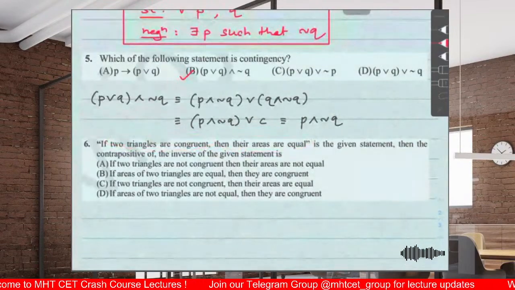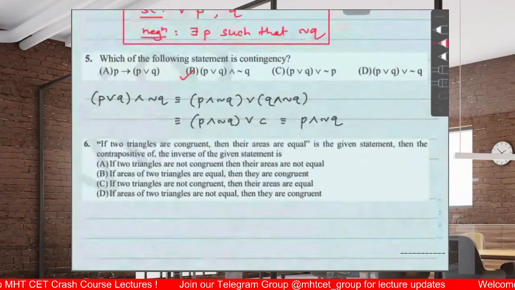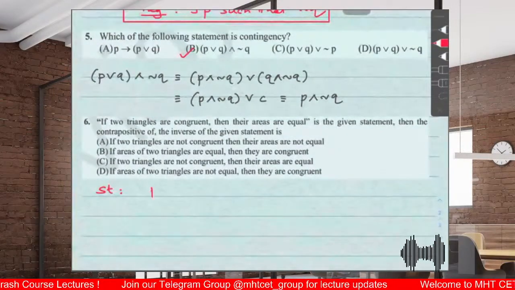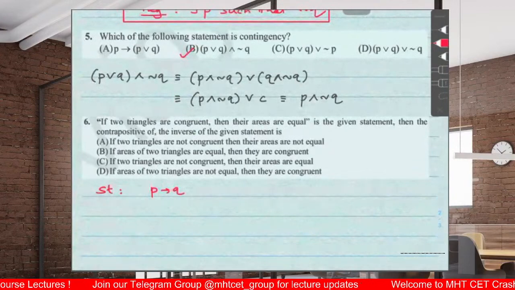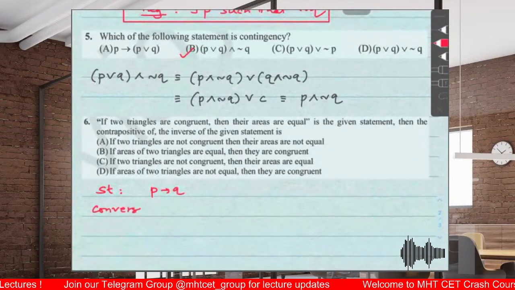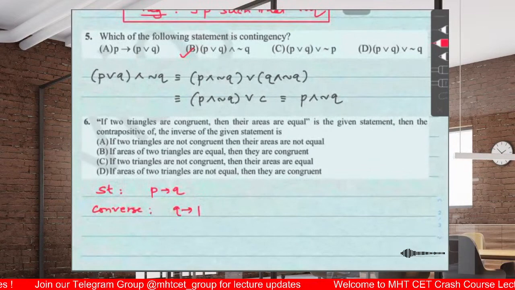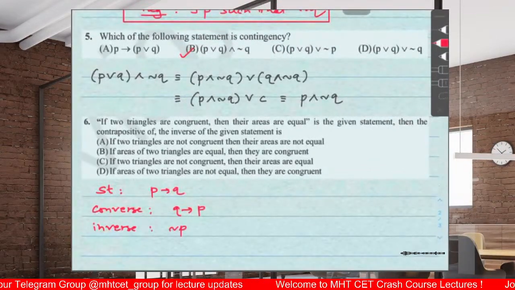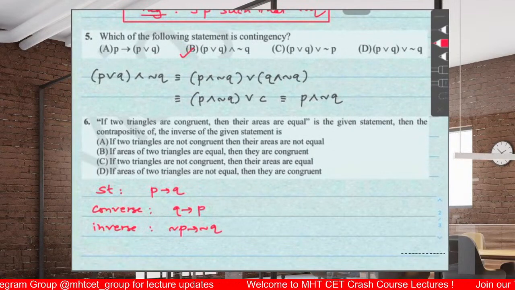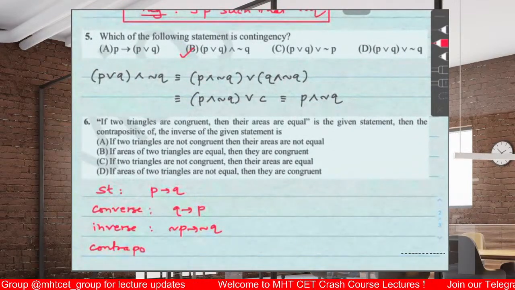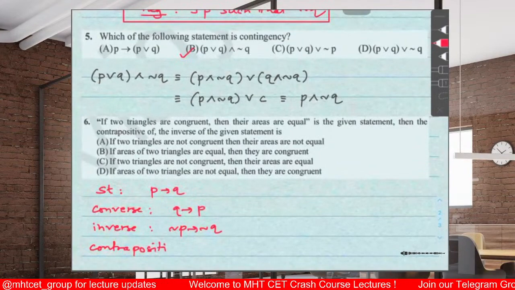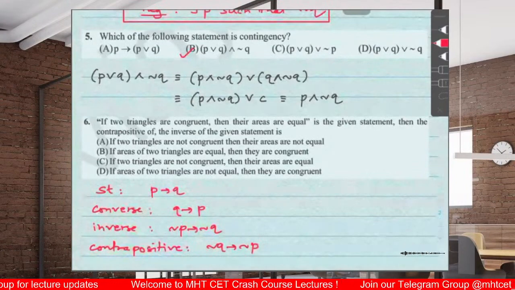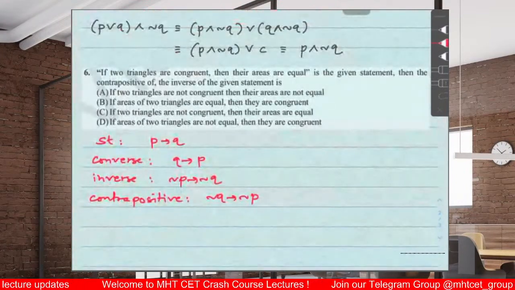Okay, contrapositive of inverse, ये भी पता होना चाहिए तुम लोग को। अगर कंडीशनल स्टेटमेंट है P implies Q, उसका कॉन्वर्स होता है Q implies P, इनवर्स होता है not P implies not Q, कॉन्ट्रापॉजिटिव होता है not Q implies not P।